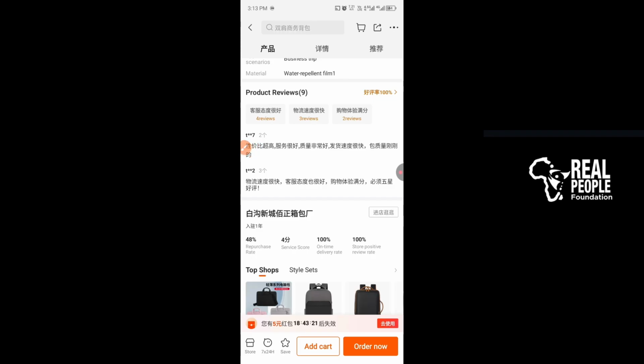Now the product that brought us to this particular store is a bag, but we entered and we see that the supplier is selling bag, the supplier is selling water bottles, the supplier is selling slippers, the supplier is selling books, different things. You know that that supplier is a drop shipper or the supplier is a scammer, and you do not want to buy from a drop shipper. You want to buy from an actual manufacturer. So if the person is genuine, if the store is genuine, you'd see that they are selling only that particular product,